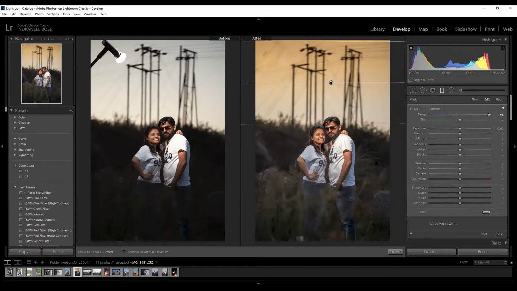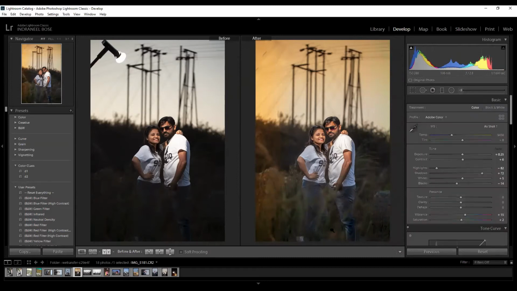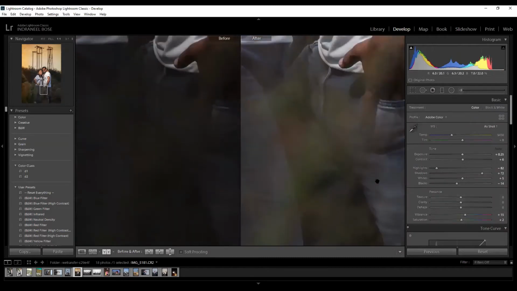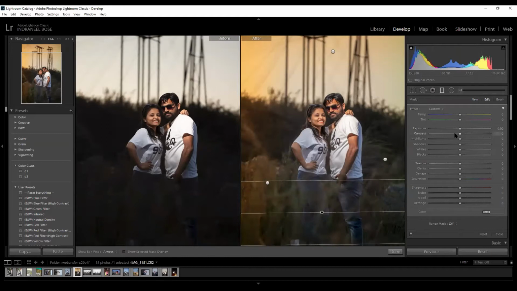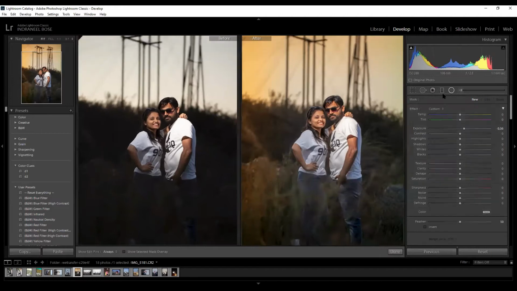See, now what you can do, just pull a second graduation over here, second graduation over here, and double click the effect part, put a little green, a little yellow, same, done. Now let's do a third graduation over here. Double click and just pull the exposure a little down. Now we can go with a proper radial gradient.